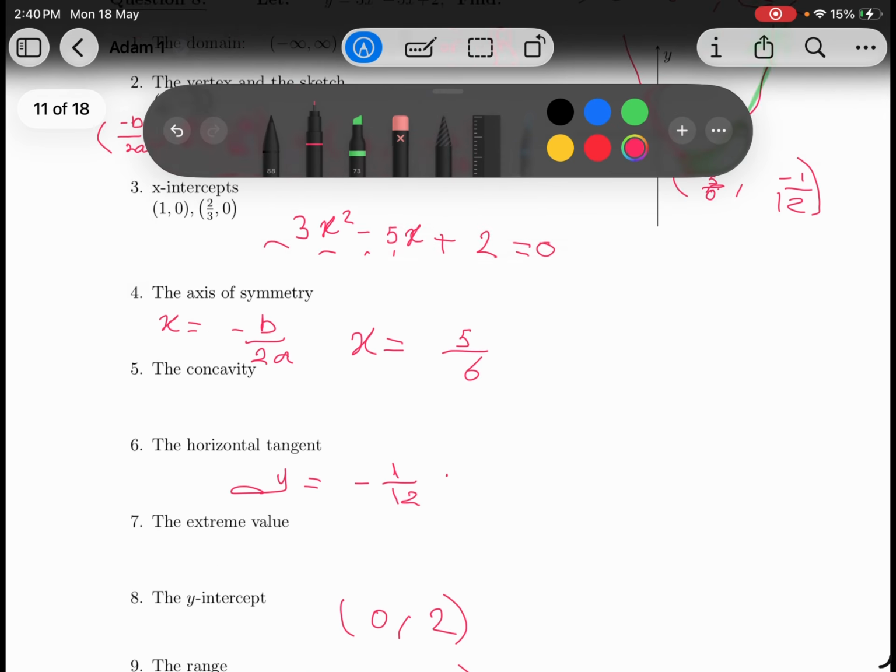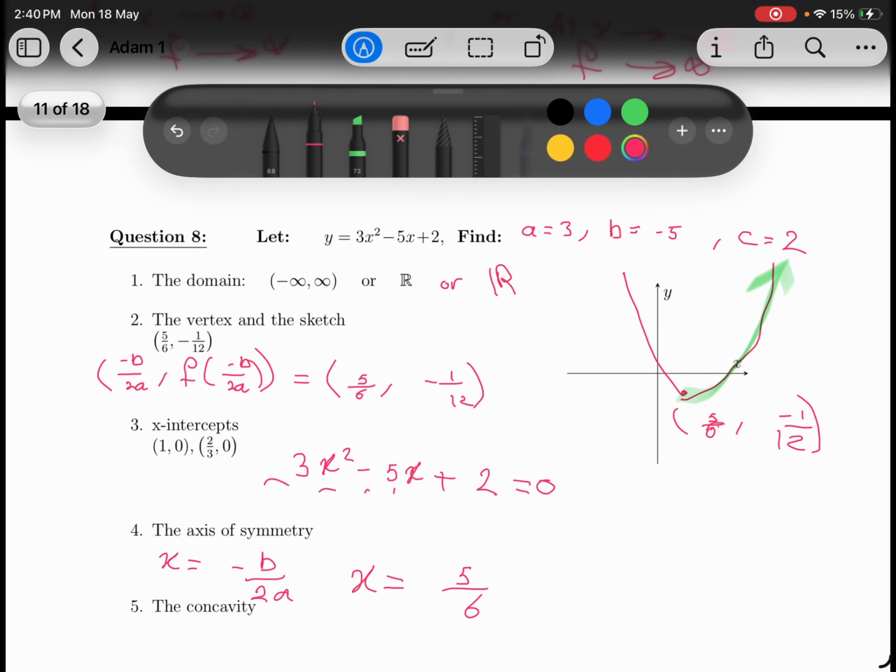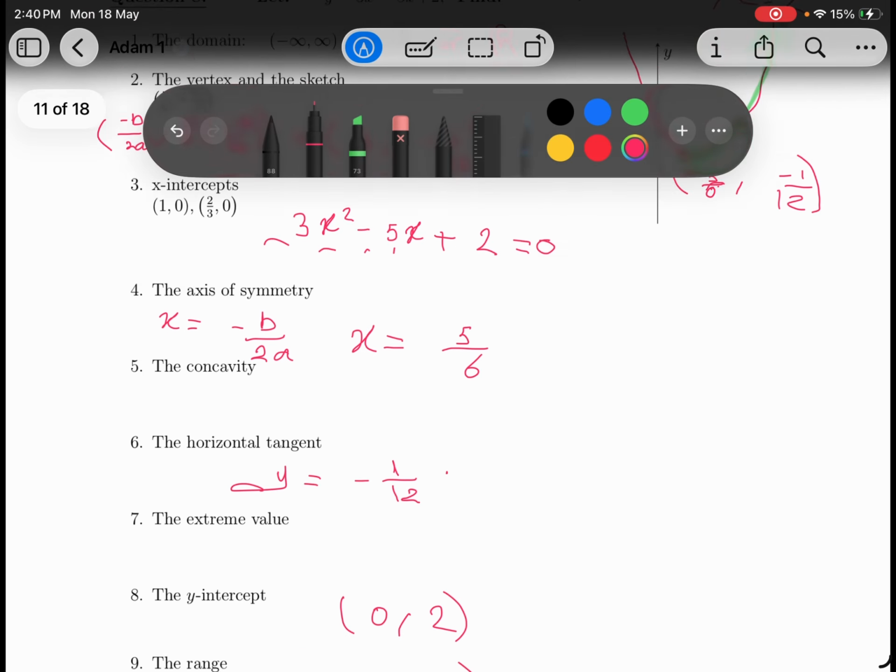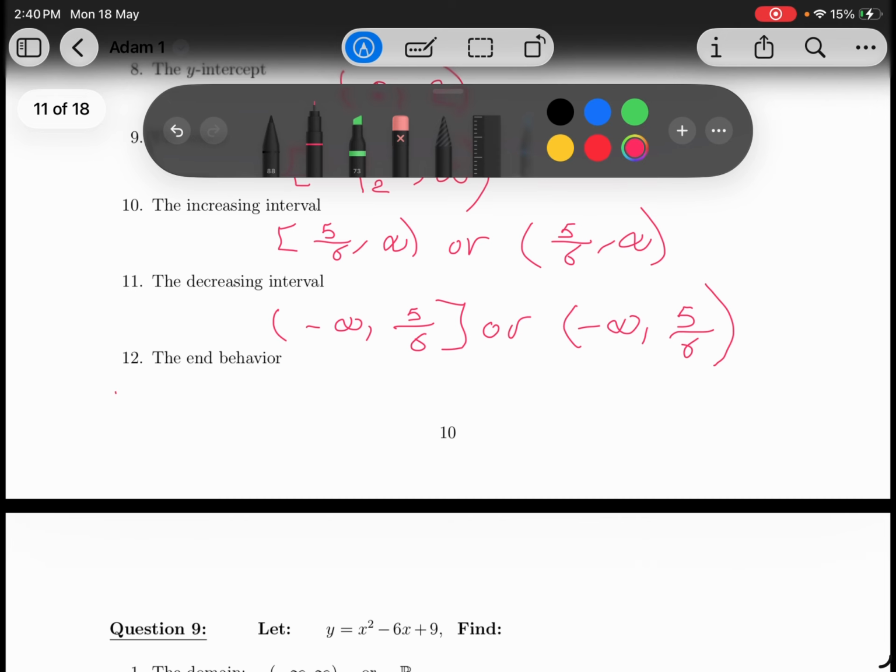The end behavior, this creature with two tails shooting to infinity. So whether x goes to infinity or x goes to minus infinity, f goes to infinity in both cases, okay? Or you can use the limit notation. You can find it like in the previous examples, how to implement the limit notation to express the end behavior